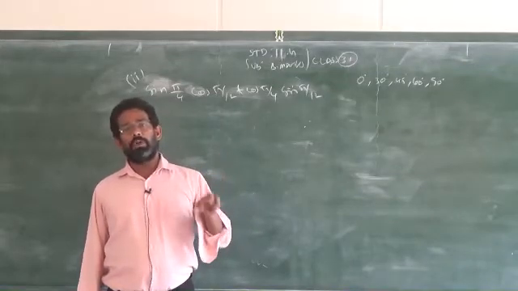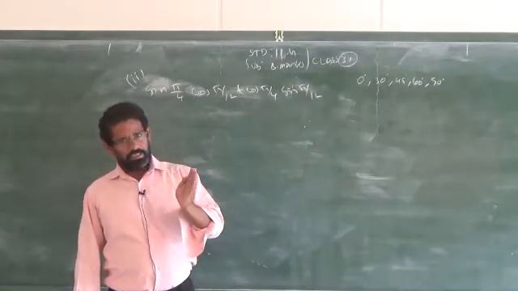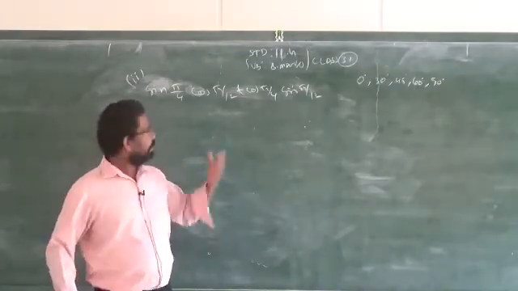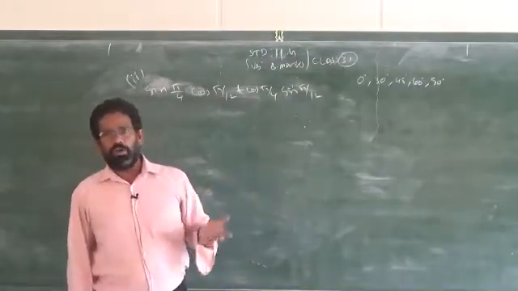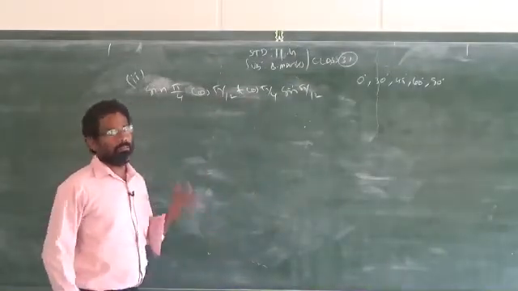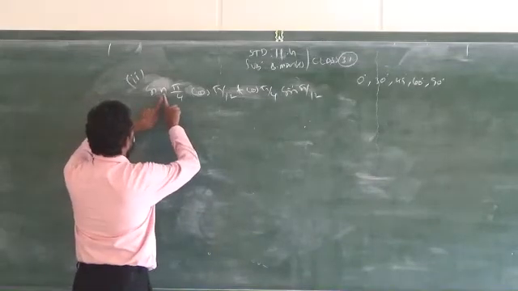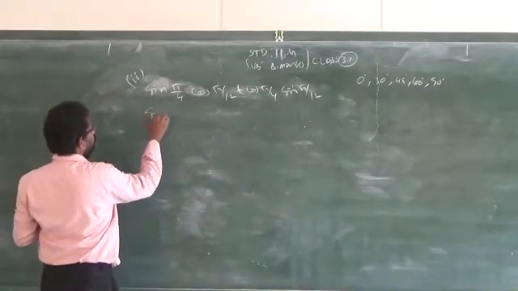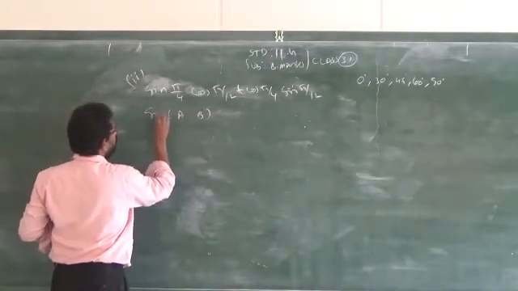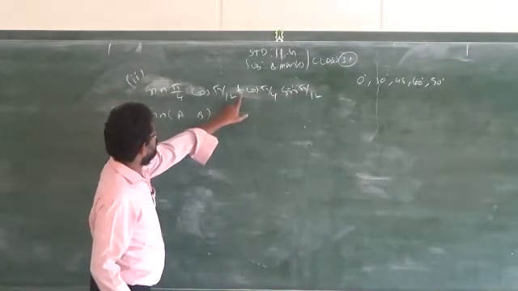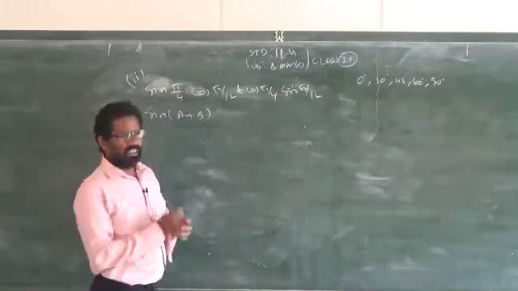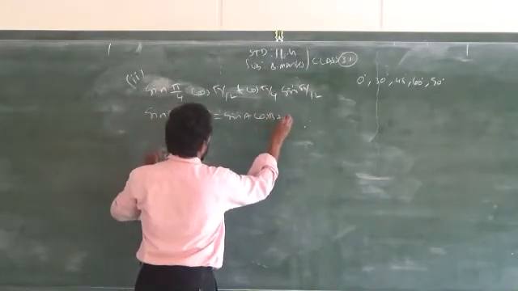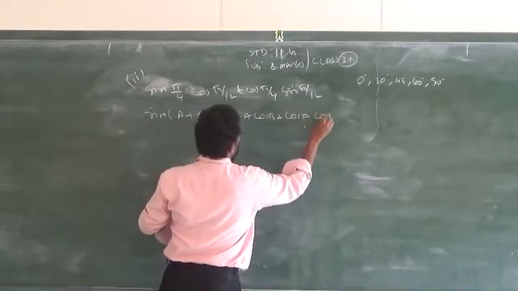Clear? So if only sin alone and cos alone come in terms of plus or minus, then you will go for cos A minus B or cos A plus B formula. Here the combination of sin and cos will come in the first term. Therefore, you have to remember either sin A plus B formula or A minus B formula, depends upon the sign. Here plus is given, therefore you have to take sin A plus B. What is sin A plus B formula? Sin A cos B plus cos A